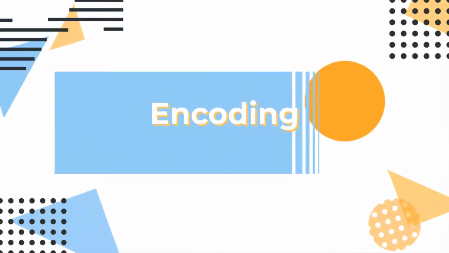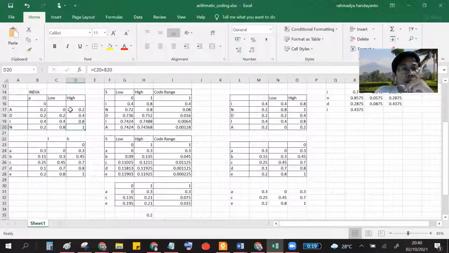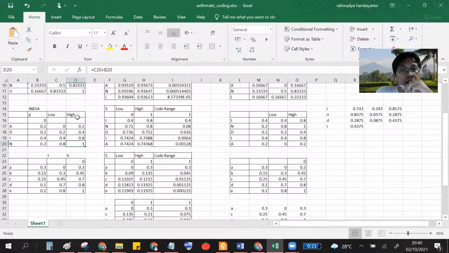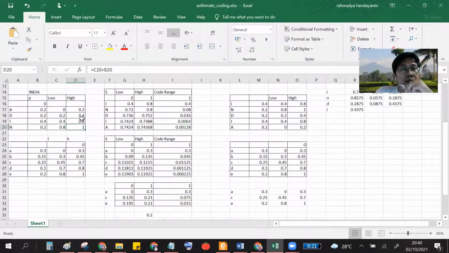And then how to use the arithmetic code. First, you have the string.